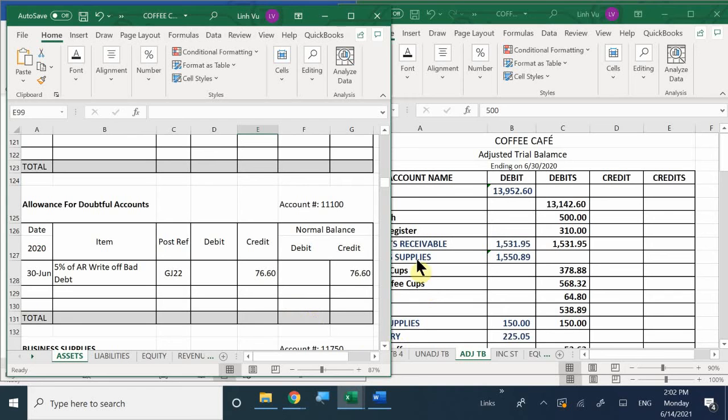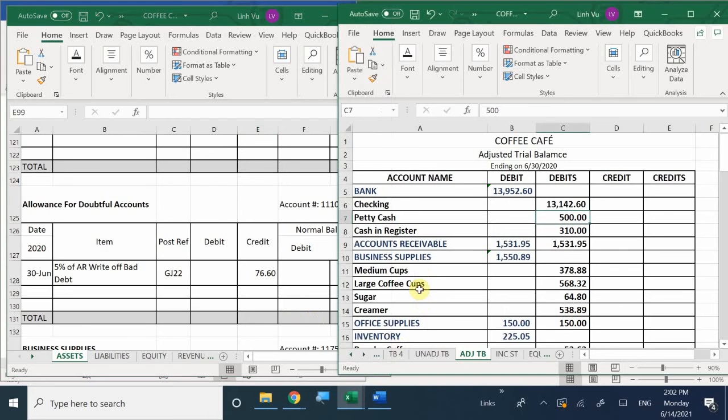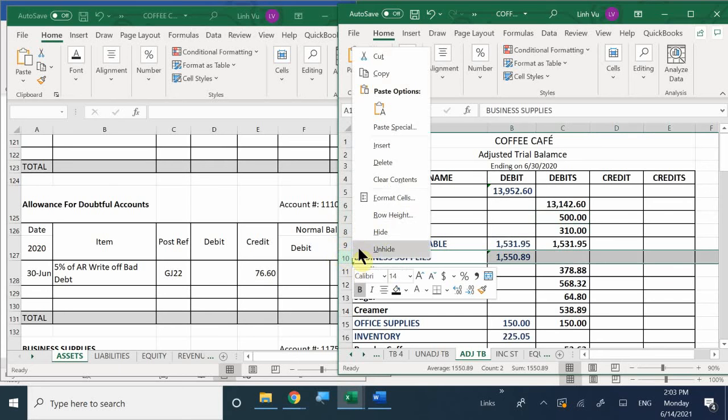We already calculated that 5% of the 1531, which is 76.60, is going to be uncollectible. That's just the standard of business, that there is a potential risk that any of our customers could default on their payment. So in this case, I'm going to insert